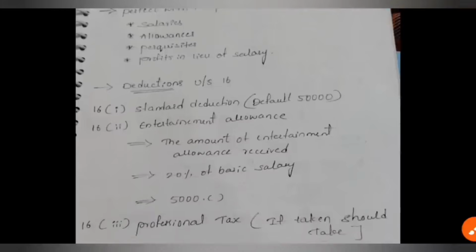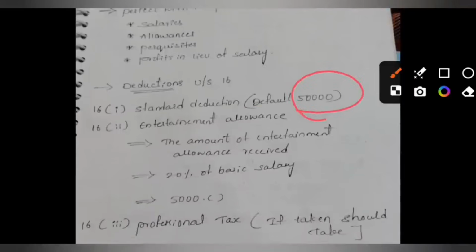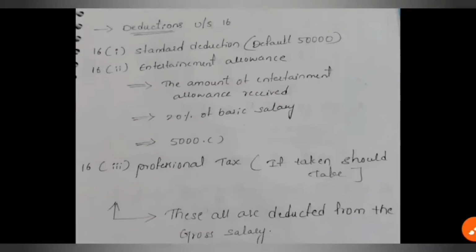Okay, in every question we are having a standard deduction which is 50,000 default. In any question from income from salaries, 50,000 is default. Okay, next, if the person is a government employee, on the deduction side we need to calculate the entertainment allowance. How will we calculate the entertainment allowance? Actual entertainment allowance, 20% of salary, and default 5,000. Out of these 3, whichever is the least, that you need to take. When you do this